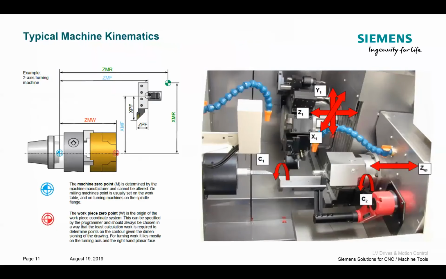Now, when an OEM commissions a machine, it's really important that they follow this logic. They don't have to. The control allows you to set them up, of course, for all sorts of different ways, but this is the best way to start to set up a machine. What we want is a fixed datum for our machine 0, and generally speaking, you want to have that based off of the main spindle. So what that means is if I was to drive my turret to a position where all the axes read 0, my turret would basically be touching the face of the spindle. A lot of times you may not be able to physically get there, and that's okay, but all the offsets should take